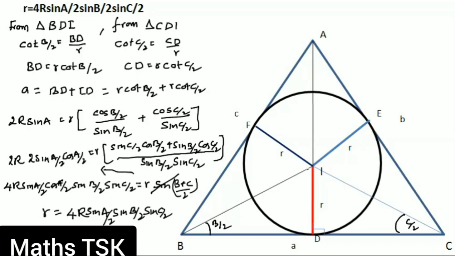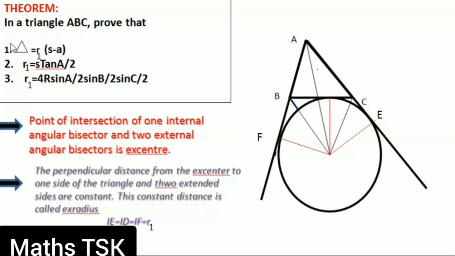So look here, from triangle IBC, two right angle triangles are formed. In triangle IDB, r cot B by 2 is equal to BD and r cot C by 2 is equal to CD. BD plus CD is r cot B by 2 plus r cot C by 2, that is r into cot B by 2 plus cot C by 2, cos by sin, take LCM. Sin of (B plus C) by 2 by sin B by 2 sin C by 2 is equal to a. a is nothing but 2R sin A, 2R into 2 sin A by 2 cos A by 2. Cos A by 2 is sin of (B plus C) by 2, gets cancelled. So r is equal to 4R sin A by 2 sin B by 2 sin C by 2. This is the theorem.